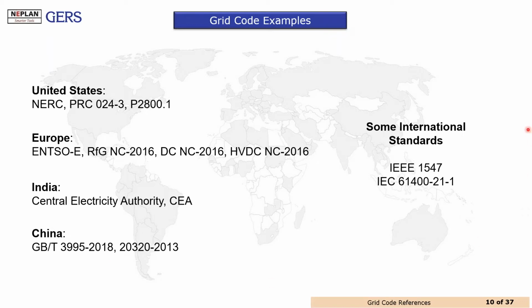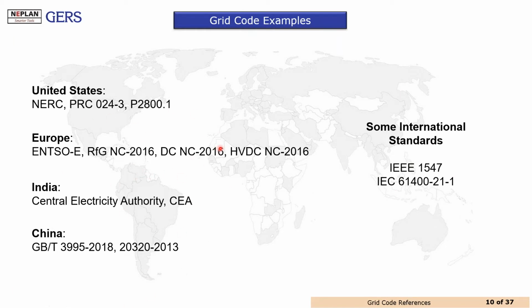Finally, I would like to present some highly used international standards. For example, IEEE 1547 provides the specification for the connection of DERs into distribution systems. And the IEC 61400 provides specifications for wind generation, giving the opportunity to provide assessment for the connection of these kinds of systems. In some cases, the international standards are used for the specification of grid codes.